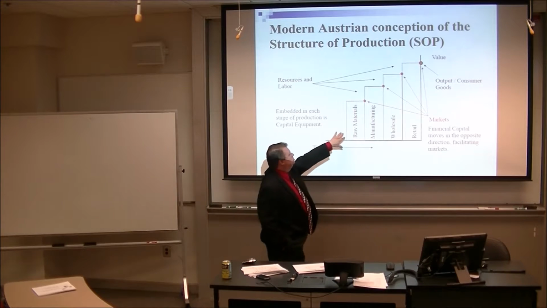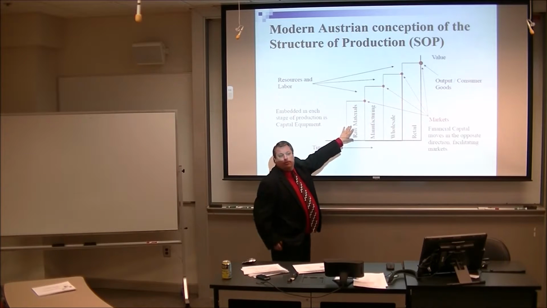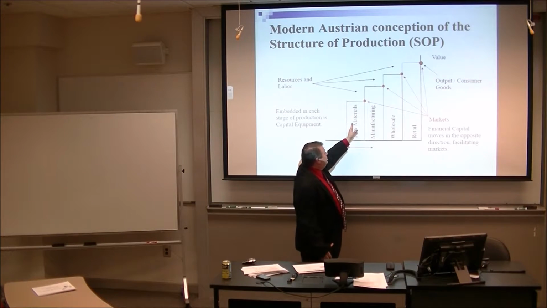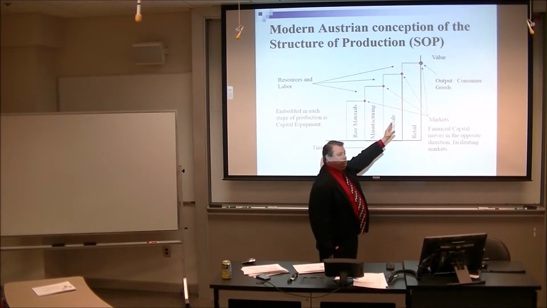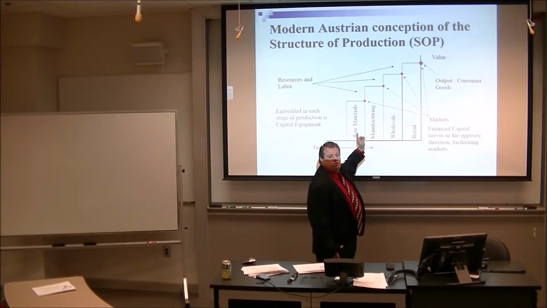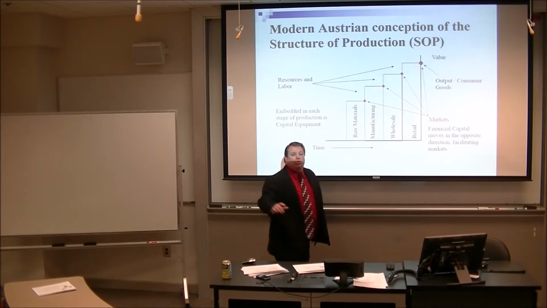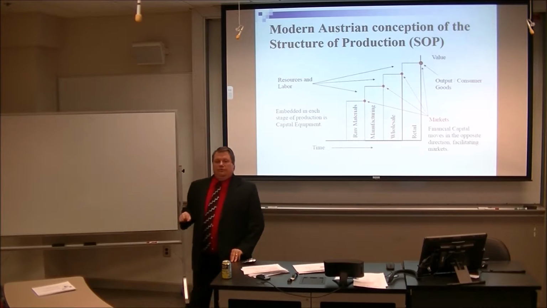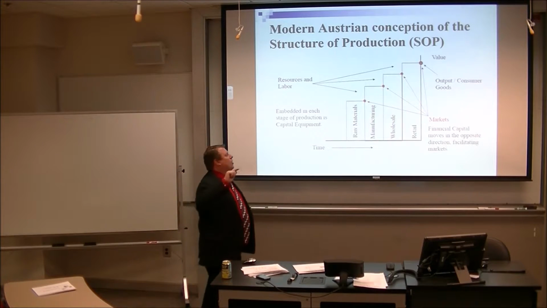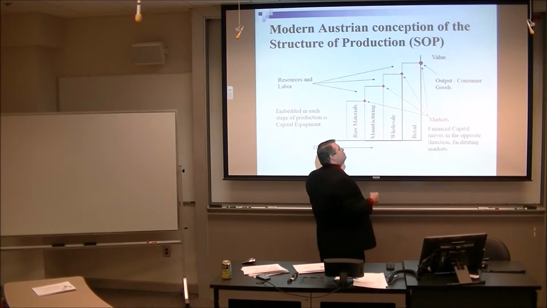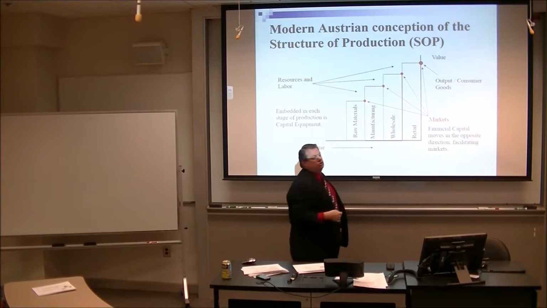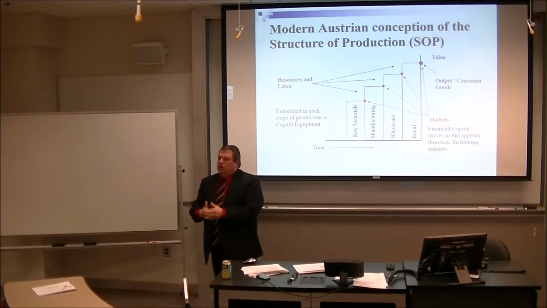So, I don't directly value iron ore, but what if I own the iron ore mine? Well, because it's mine, yeah, I can value it. And so when we sell to the manufacturer, and the manufacturer then sells to the wholesaler, the manufacturer's supply curve is based upon the raw material guy's supply curve. And so the supply curves are imputed forward through the structured production. The demand curves are imputed backwards through the structured production, and they're both based on subjective valuations.